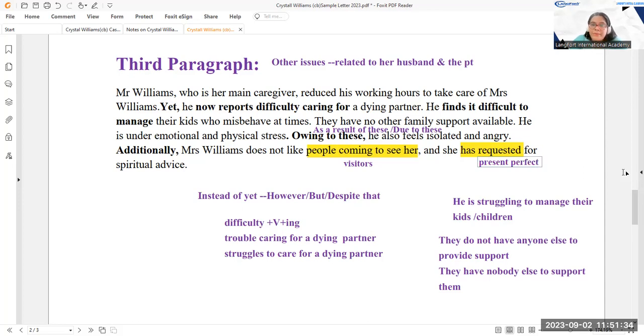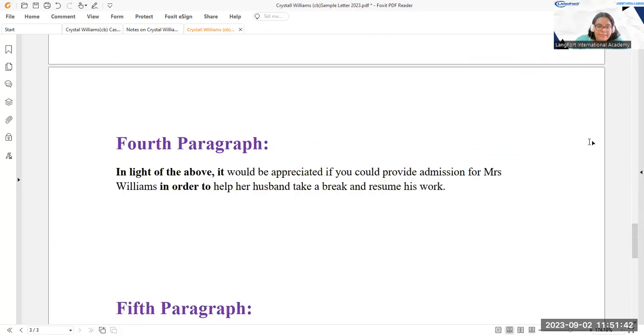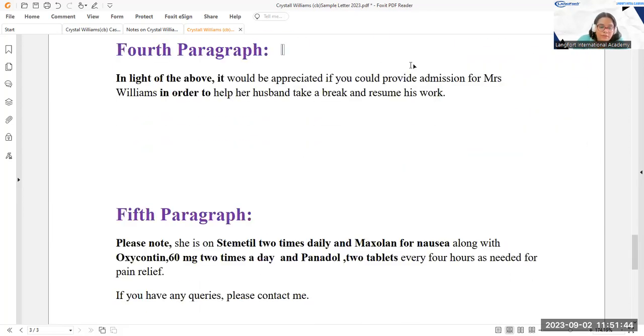All right, go through it. Come on. All the problems. Okay. Now, fourth paragraph. So here in the fourth paragraph, I mentioned